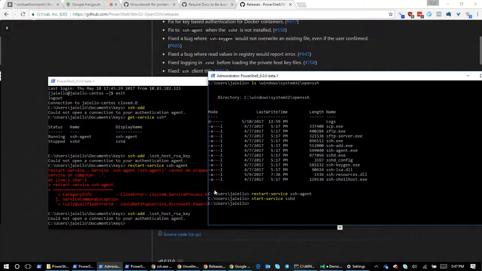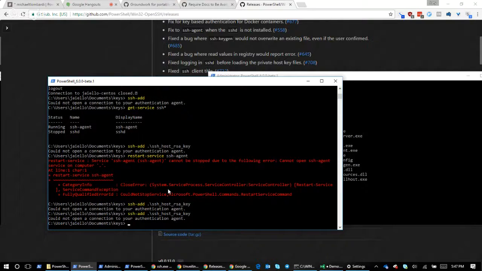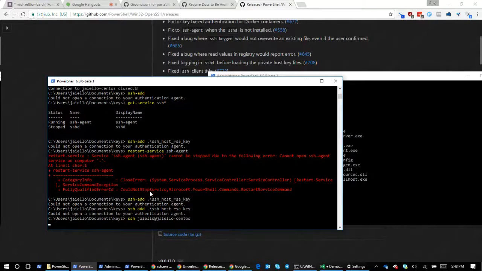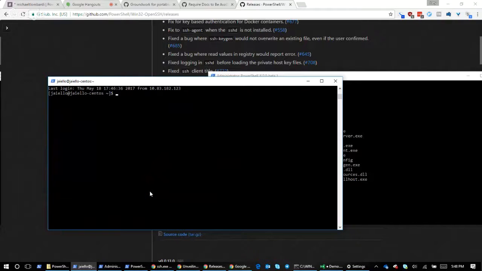I think it's because I already added the key. You can take it for my word. The reason that all this worked before without a password is because I had already done all that. So when I do this and I don't specify the key, I get logged in automatically. Beautiful, right?